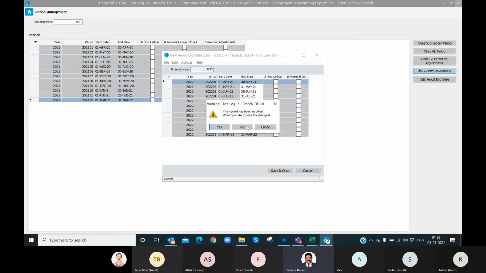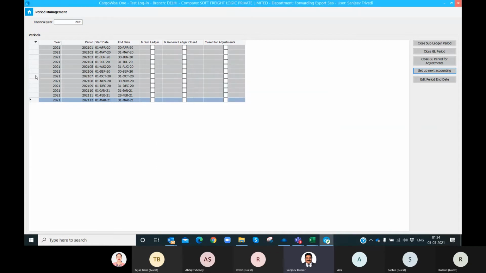But you can see here there are 12 periods. In your login it will be January as 01 and December as 12, period like this, and you can fetch reports based on this.